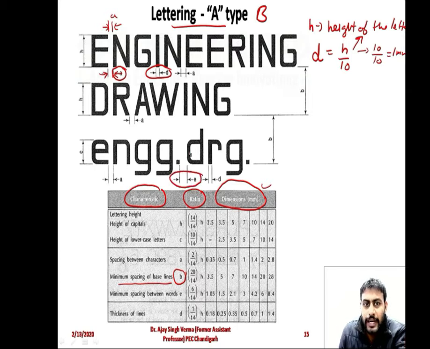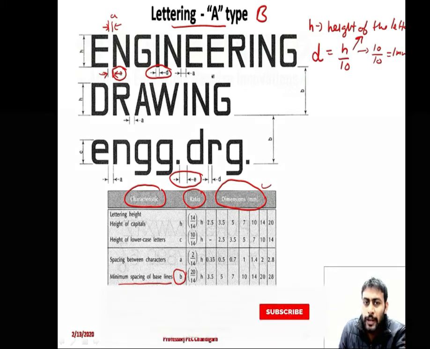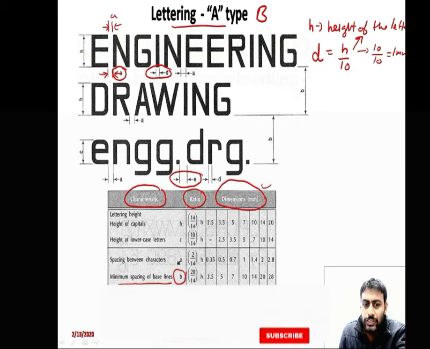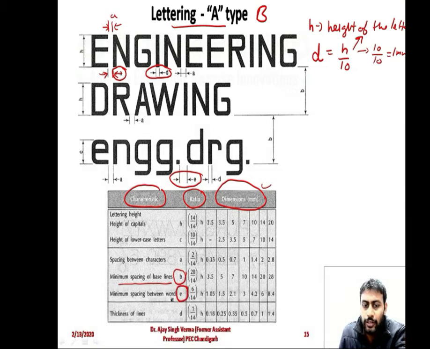We already discussed that A is the gap between two characters, where character means a single letter. In a word, for example, apply is a word, and after that you go. Apply and go are two words. So the minimum space between the two words is termed as your E, and E has a relation 6:14.